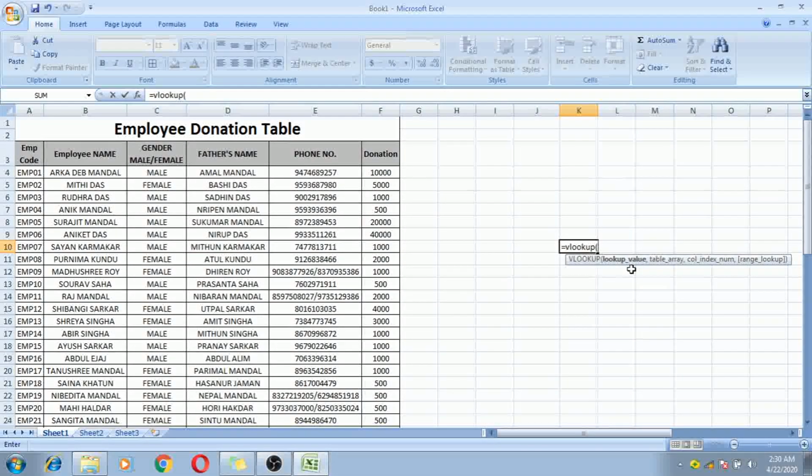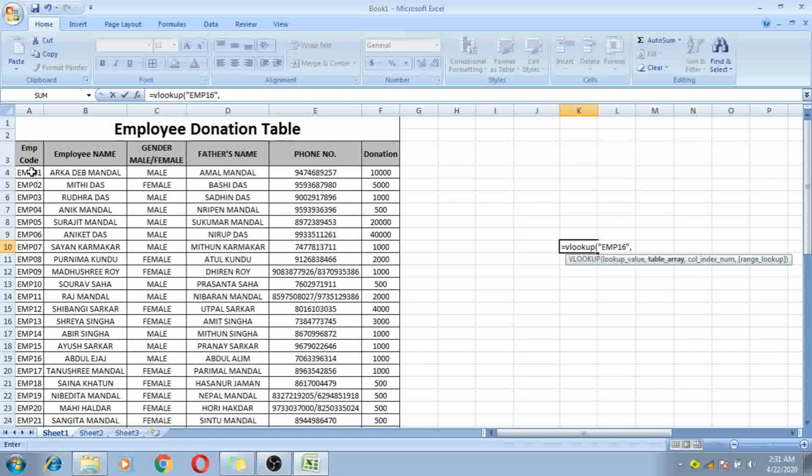The lookup value always comes from the first column, so I use EMP16. Then give a comma, then we need the table array. Table array means just give the whole table.